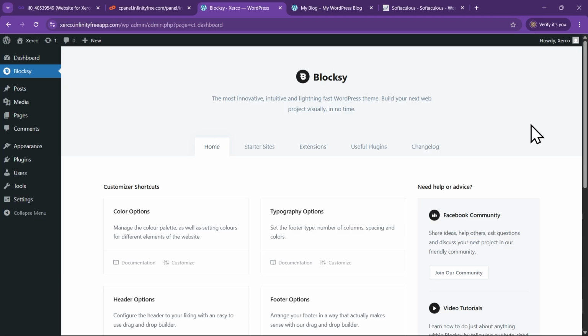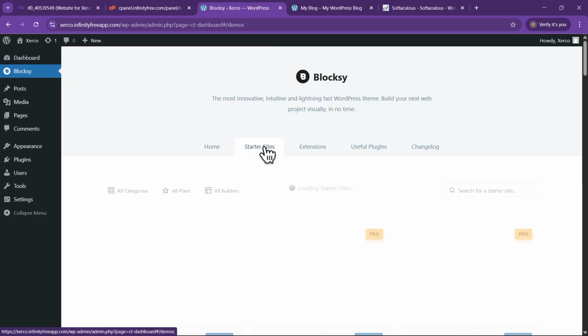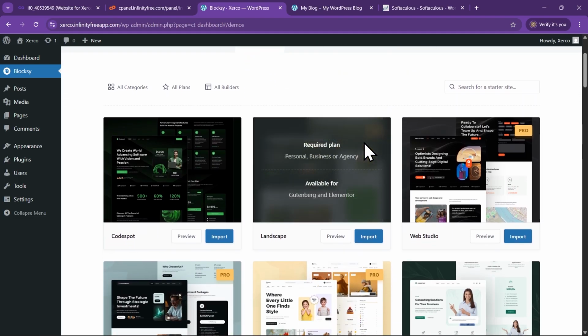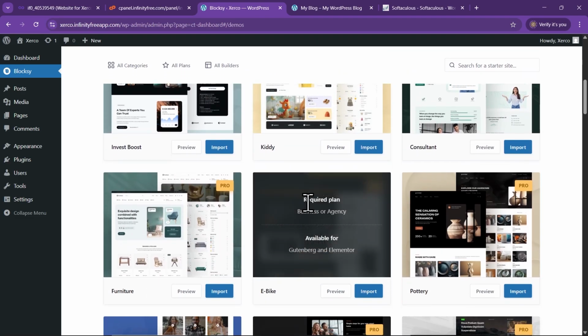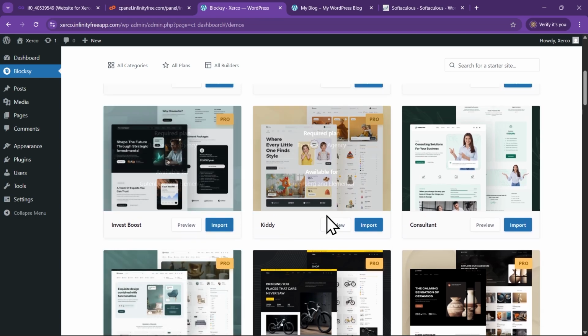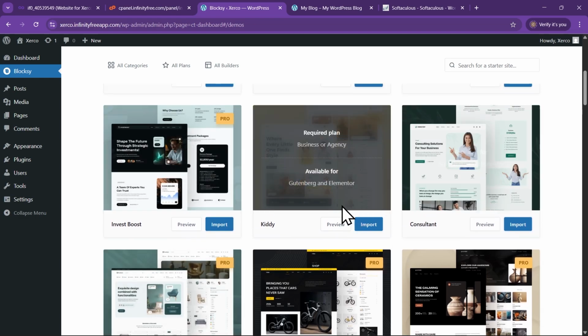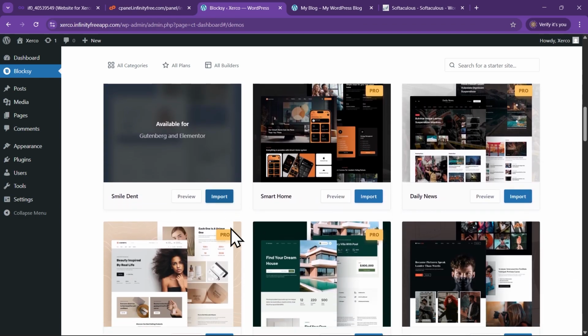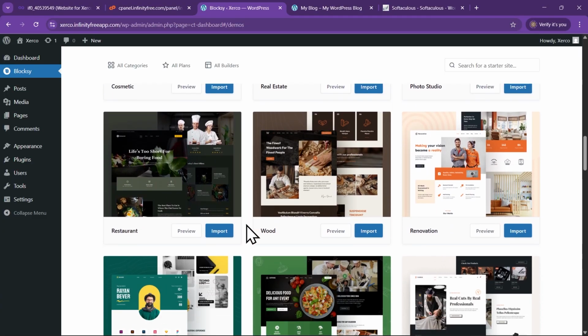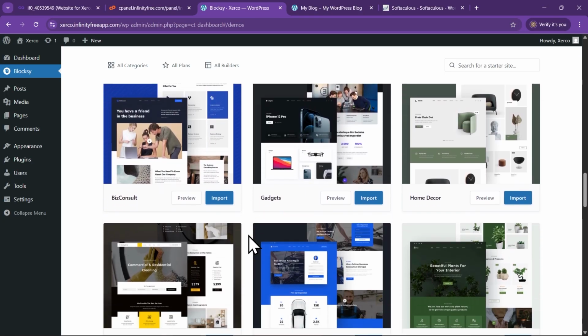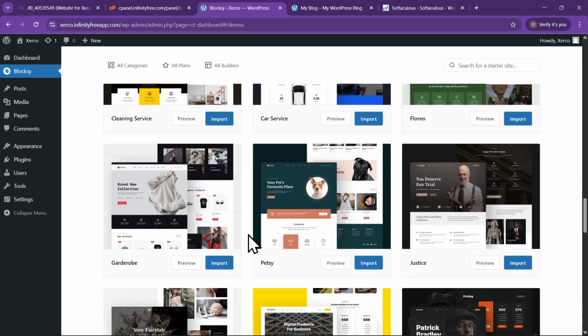Now, what we want to do now is to install an already made template on our website. So we're going to install a template that we're just basically going to work with. So we're not going to have to design our website right from scratch. So to do that, you're going to head over to starter sites. And now you can see we have tons and tons of free starter sites right here. So a whole complete website that has already been designed are available right here. So all we just have to do is to find the one that works best for us and just install